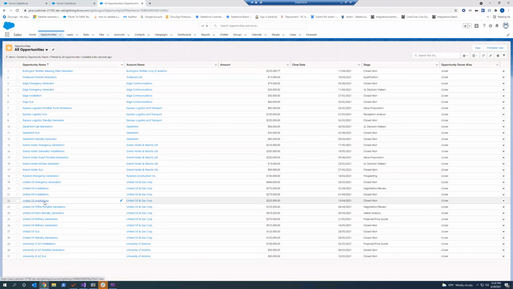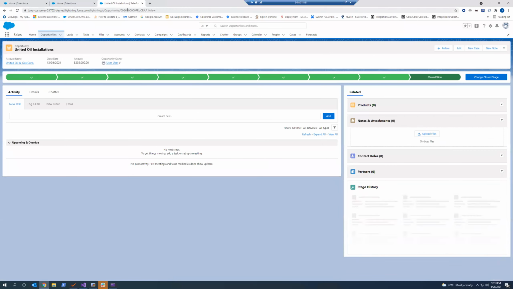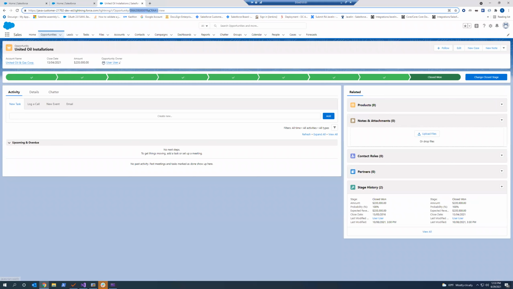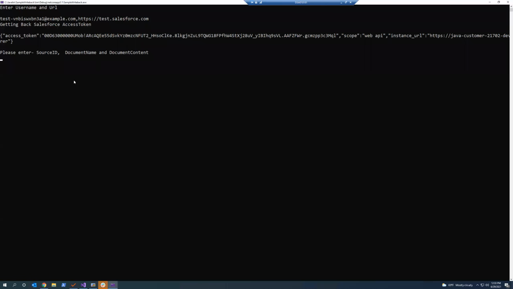It's like United Oil installation. All I need is a source ID. As you can see here, the three parameters which are required are source ID, the document name which I want to write back, and this should actually be a text file.